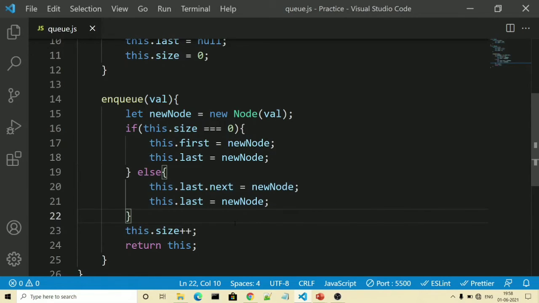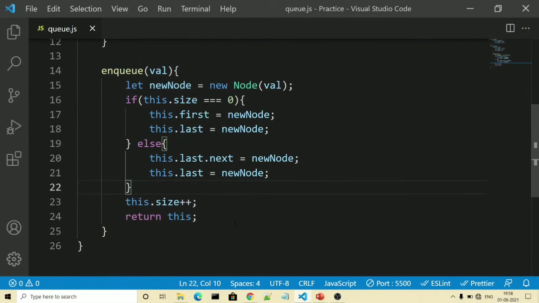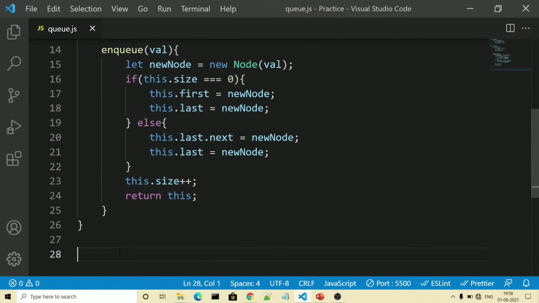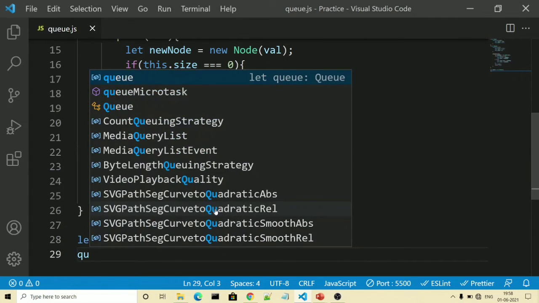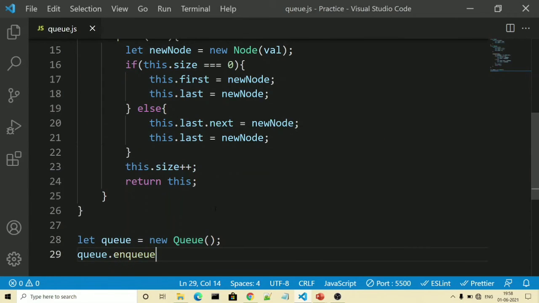Once that is done, we need to call our queue. So firstly we will write let queue is equal to new Queue. Now we can actually use all the methods and properties inside the queue. So firstly we will try to put some data inside a queue. For that we will write queue.enqueue and there we will insert 1.